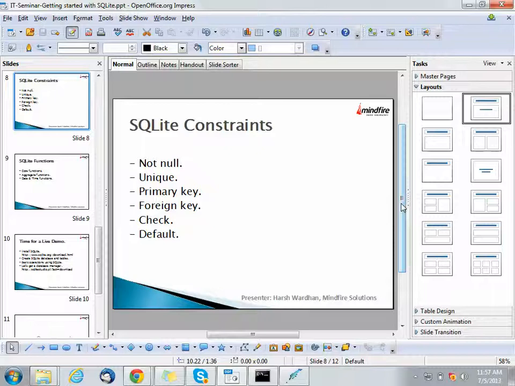Foreign key is supported now, and check constraint. In primary key, one more feature is there: if you make an integer column a primary key, it won't have that manifest typing or duck typing. It would take only integer values, and it would be auto incremented by default.